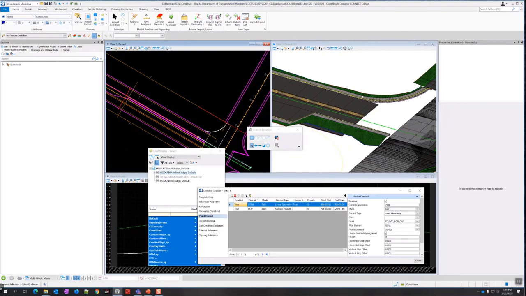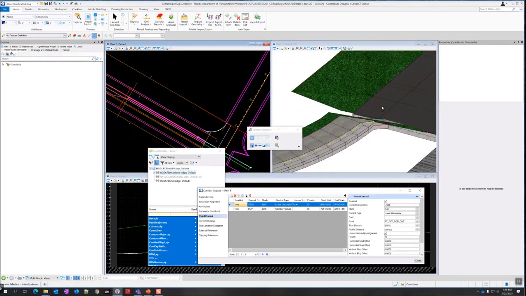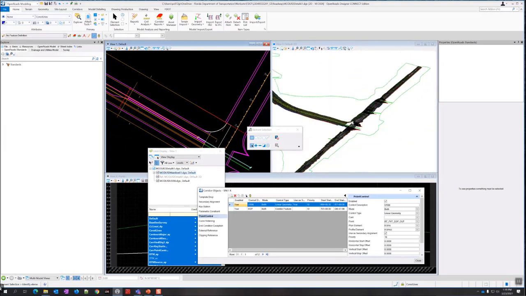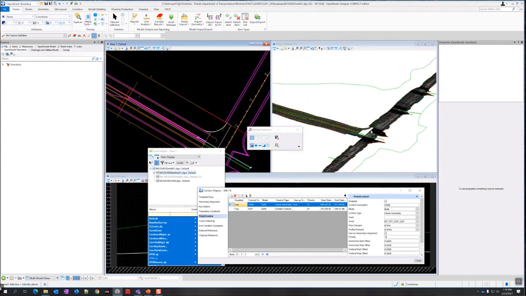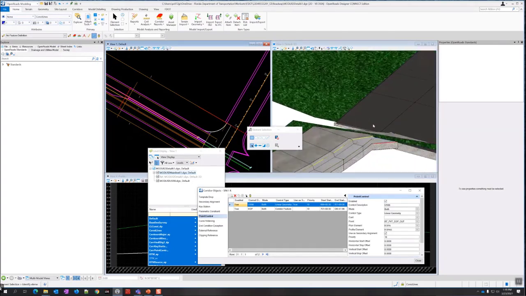So that means this side is pretty much complete. Now there's a little bit of a glitch here. We just need to change that station, I think, a little bit. It looks like on the end it maybe didn't snap to the right point or something. Or maybe that profile doesn't go all the way. It could be a couple different issues there.